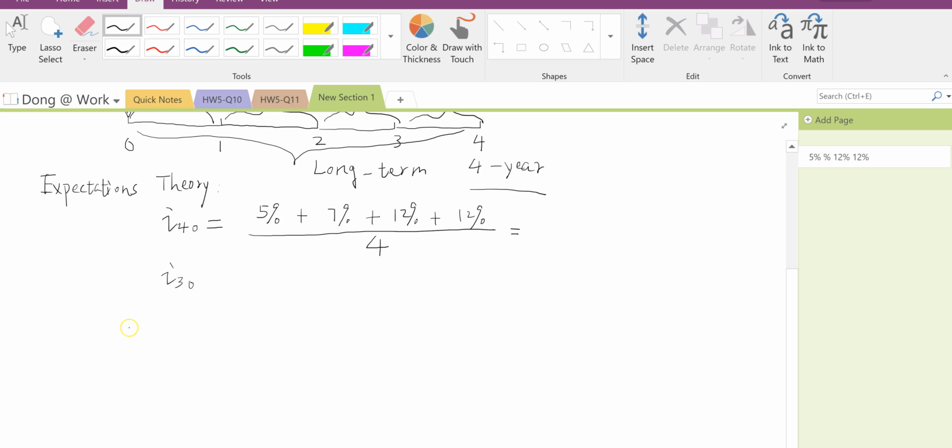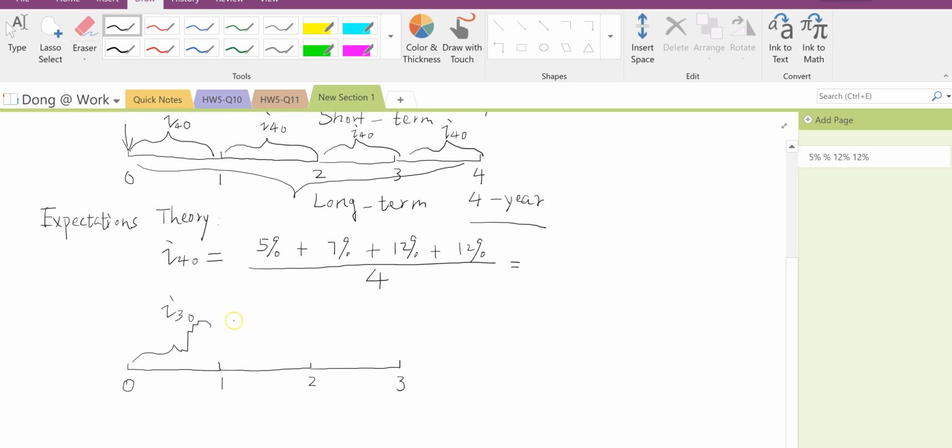So what happens, let me continue to draw this chart. What happens is that instead of 4 years, now you only have 3 years. And this is 0, this is 1, this is 2, this is 3. And then every year you will receive